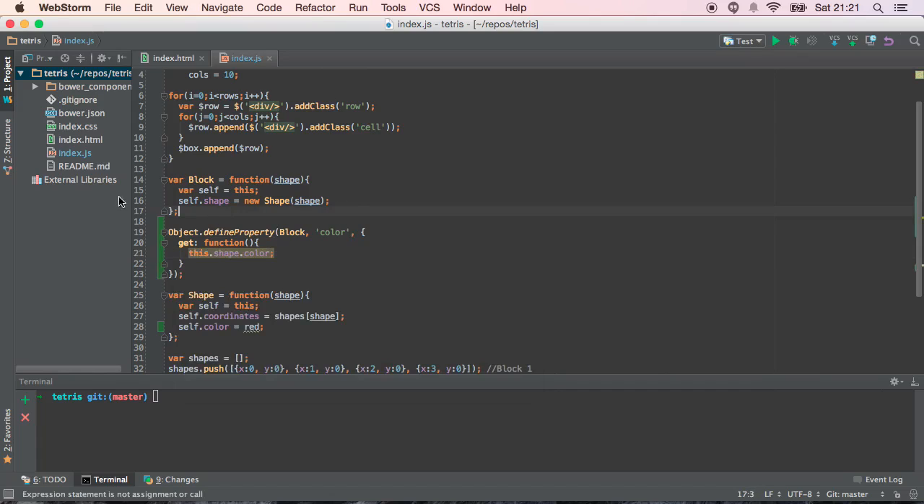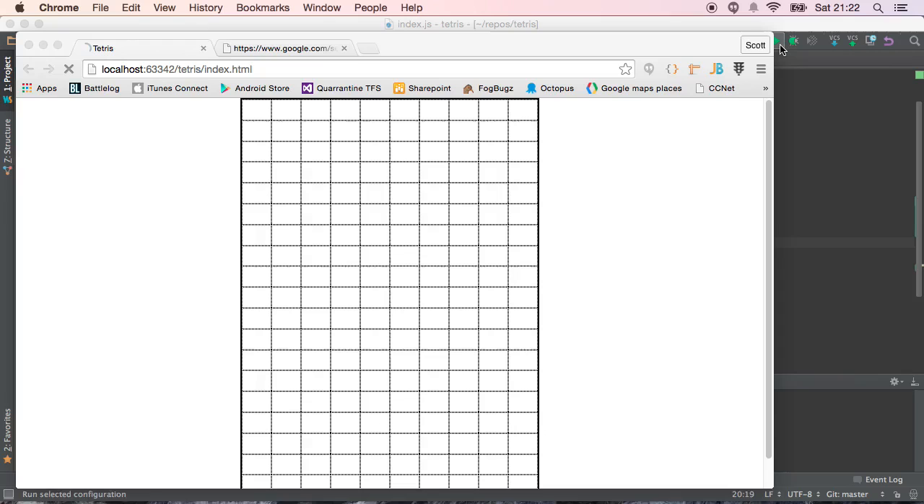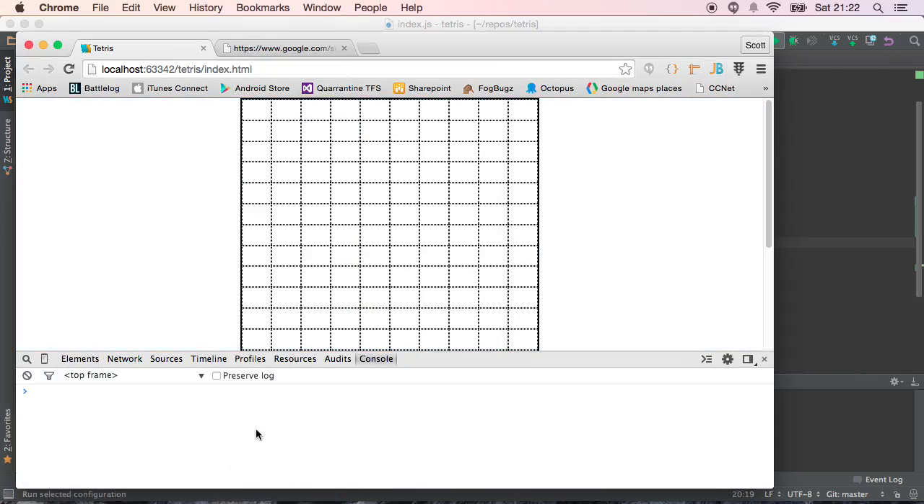So basically what happens is it creates this so that you could do block.color, and the code will pick that up and go, oh, actually let me go and get it from the shape, which is down here. So let's give this a shot. We're going to run this in here, open up the console, take a look, and we should be able to do var b equals new block 0, and then if we go b.color,